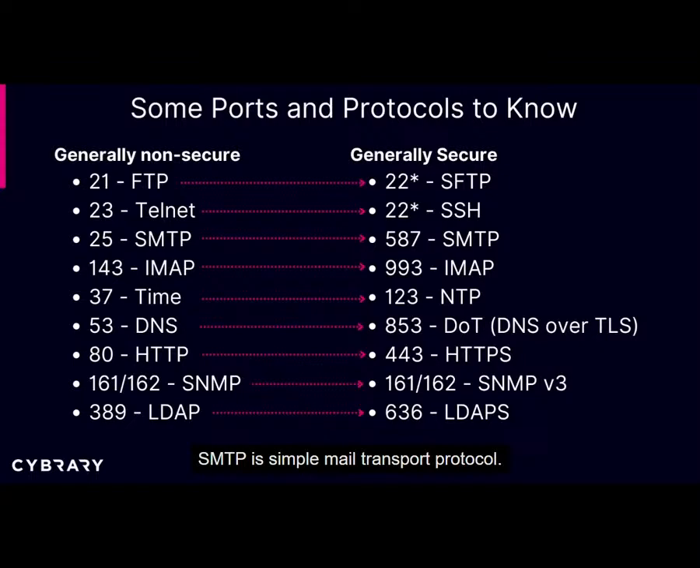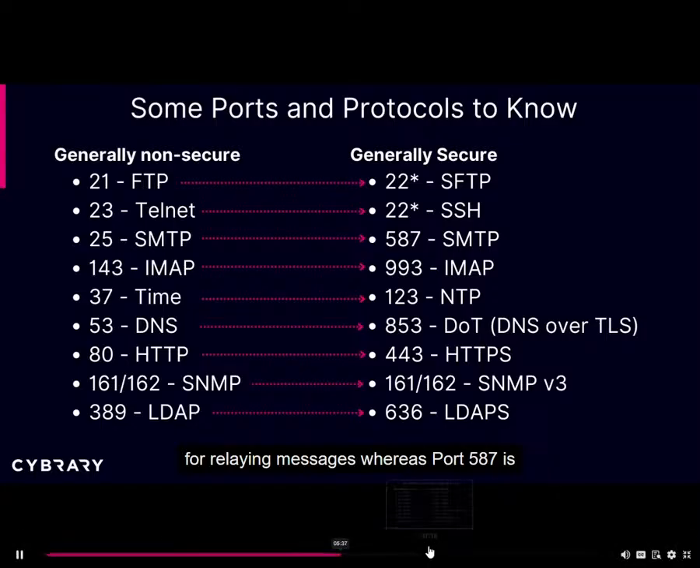SMTP is Simple Mail Transport Protocol. This is one of the various protocols associated with email, and this one focuses on sending the email to the email server. SMTP happens on port 25 and port 587. Typically, port 25 is only used between email servers for relaying messages, whereas port 587